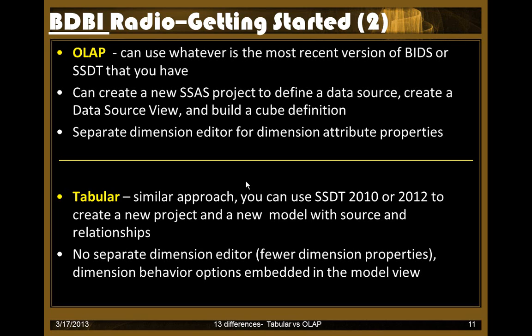Now, the one thing I will say that's different on the OLAP side, and we'll get into this a little bit later, is that on the OLAP side there's a separate dimension editor for customizing dimension attribute properties and customizing dimension behavior. There's separate editors for that. Over on the tabular side, they don't really have separate editors in the same way that you're used to in OLAP. Any customization of dimensions is actually done within the model view itself,